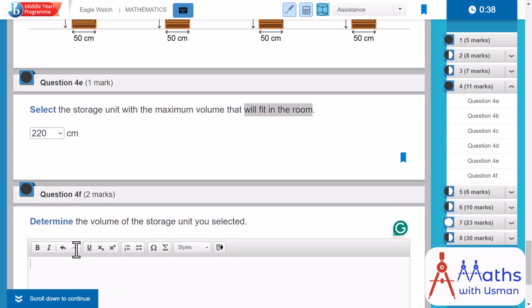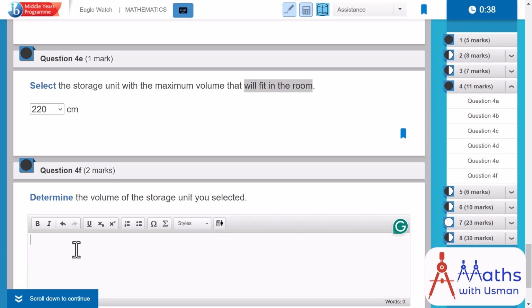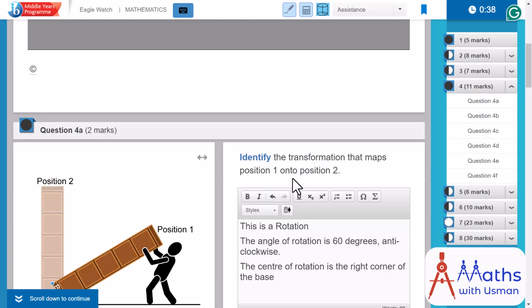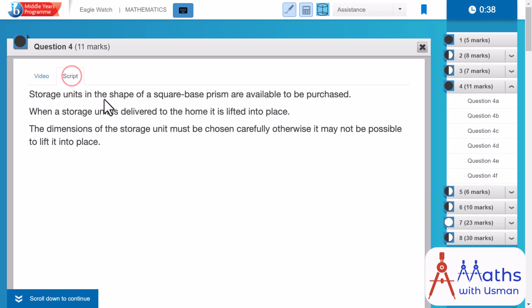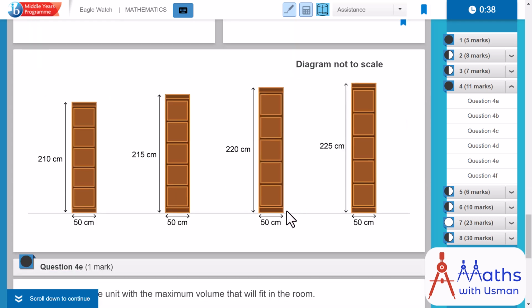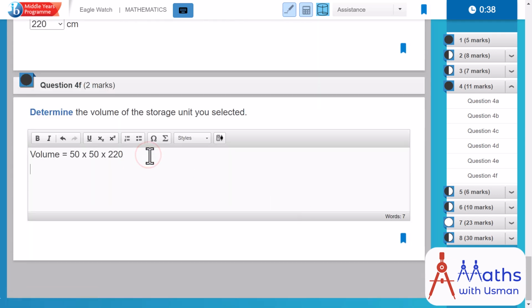Now I want to find the volume of this. Finding the volume is really simple. Simply type volume is equal to length into width into height. Now how do I know that the length and width are 50 and 50 and the height is this? This is not a 2D shape, it's actually a 3D shape, because if you look at the video again, he clearly mentions that it is a square based prism, meaning the base is a square. So this is actually a square base where 50 is going to be the width, okay, and the height is again 220. So 50 into 50 into 220,